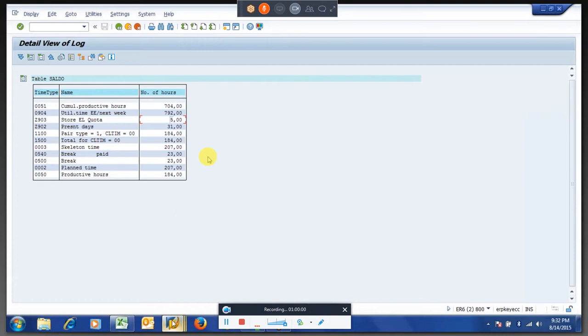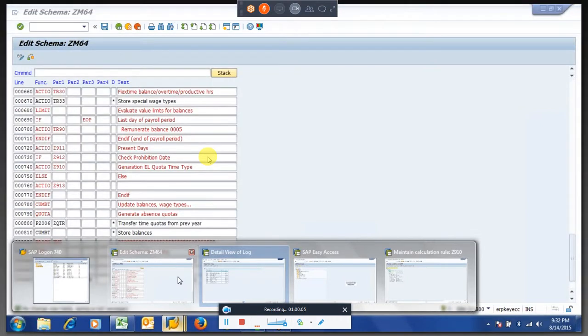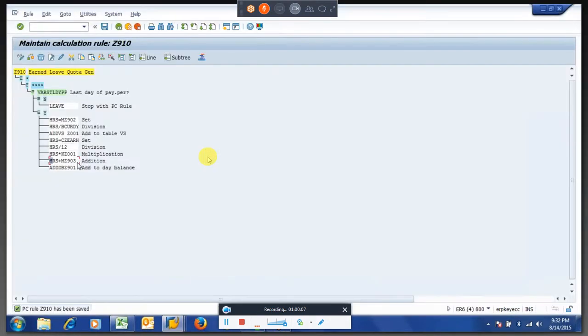So for this error, what we have to do is add two more lines to the existing PCR. See here, we added, we pass it to the created time type.